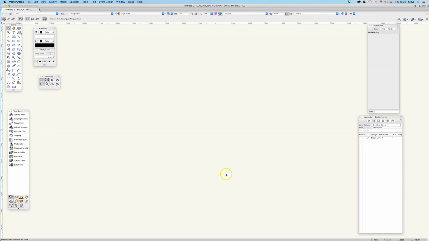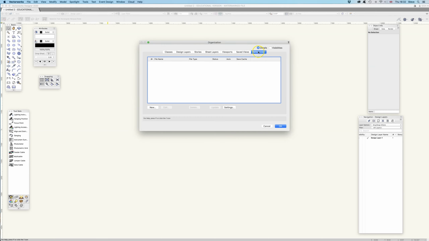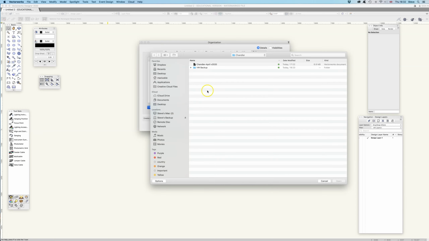So I've opened up a blank new file, which will be my file, and then I want to reference the venue file rather than opening the venue file. So within Tool and Organization, along the right hand side here, which is a usual place that we're familiar with, classes and design layers and sheet layers, we've got references. So I'm going to make a new reference file, and I'm going to find